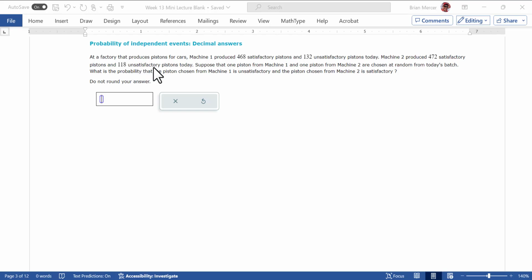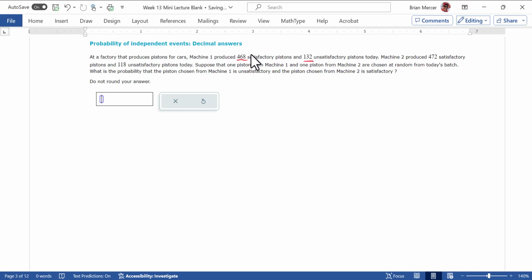So this topic is called probability of independent events with decimal answers. And we'll talk about that here in just a second. The question says, at a factory that produces pistons for cars, machine 1 produces 468 satisfactory pistons and 132 unsatisfactory pistons today. So just an important note as you're reading this,